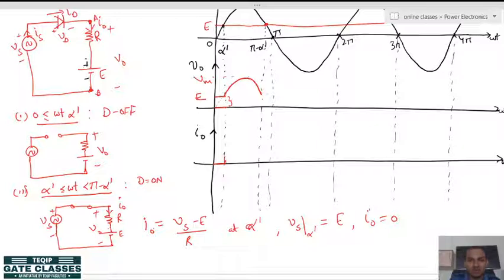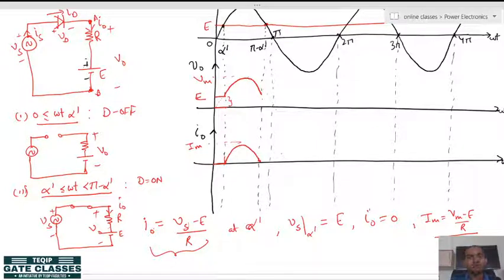So, when we draw the load current, it will rise from 0 and fall back again to 0, and this value is I m, where if you want to write the I m value, it simply will be V m minus E by R. But please note that this curve here is a time varying curve, all right. Here it is because it is a sine wave, but here it is a fixed value because I have written this value at only one instant, that is at peak value, all right. So, there is a difference between these two.